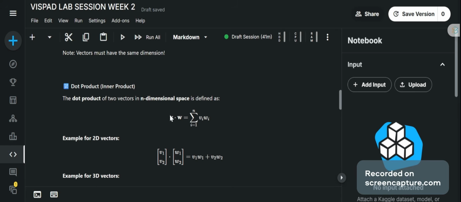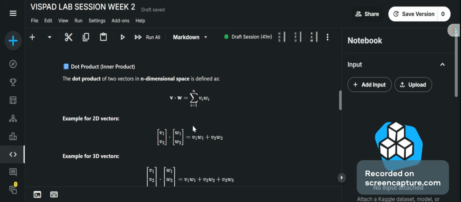You take the two elements of the two respective vectors with the same place value, multiply them, do that for all the elements in both vectors,